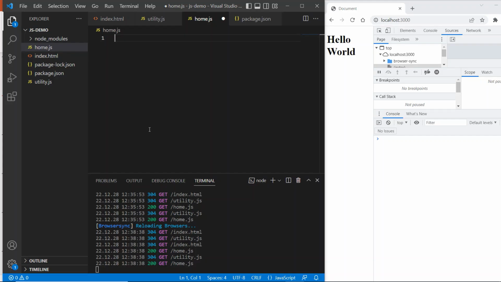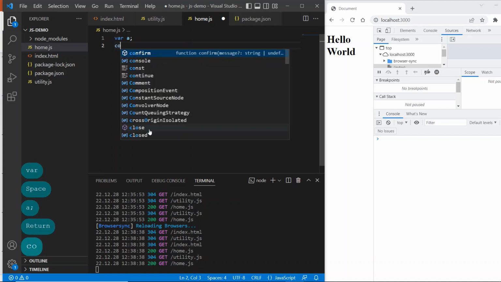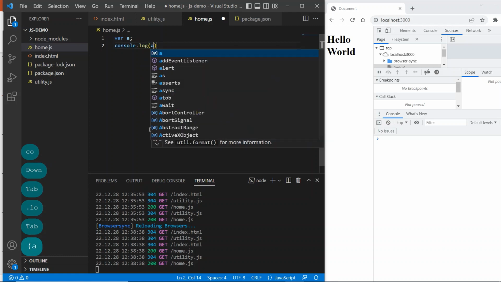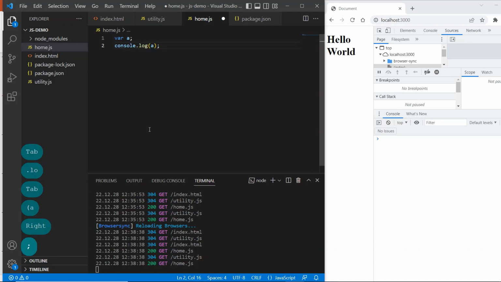Here I am inside the Visual Studio Code editor and now I will try to create a variable using the var keyword. We have not assigned anything to this variable a. So if I try to log it in the console, it will come undefined.